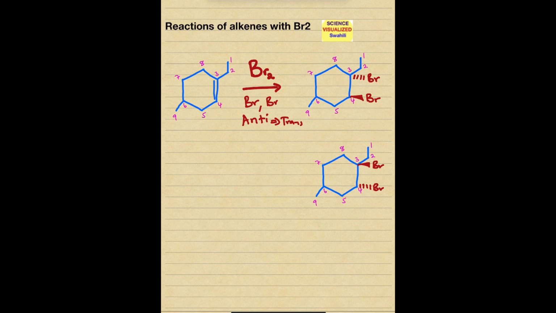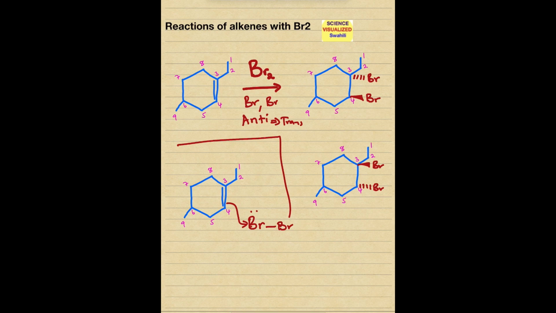This reaction goes through a bromonium ion. So let me go ahead here and show the mechanism. So we're adding the double bond to Br2, which is Br-Br, and then the double bond through either carbon number 3 or carbon number 4 will end up attacking the bromine, and then the lone pair of electrons on bromine, remember there are 6 lone pair of electrons, so there are 3 electron pairs. One of those pairs will come back and attack the other carbon,